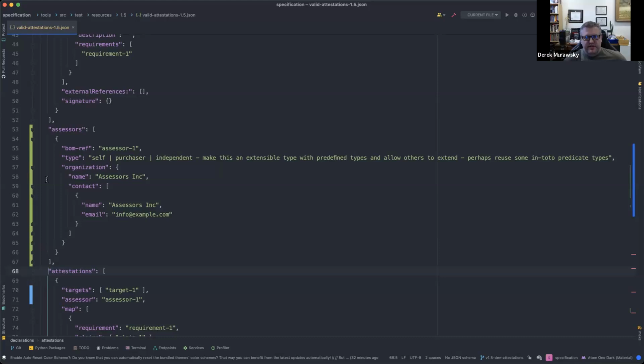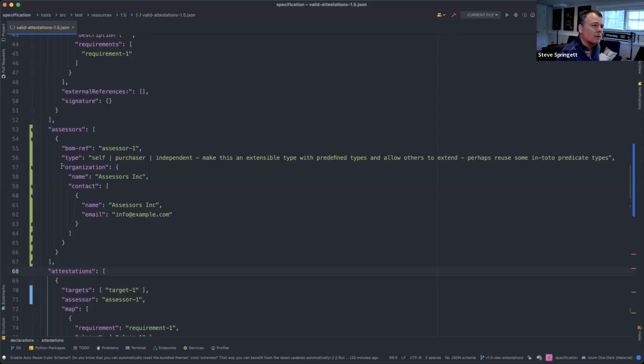Originally we were talking about whether the target should be an organization, a part of an organization, a component, or a family. Do we have that same concern here with the assessor? Is it an organization? Is it an internal thing? We've put in a type, we've put in some of these things. So do we want to treat this the same way as the targets, or continue to use this here?